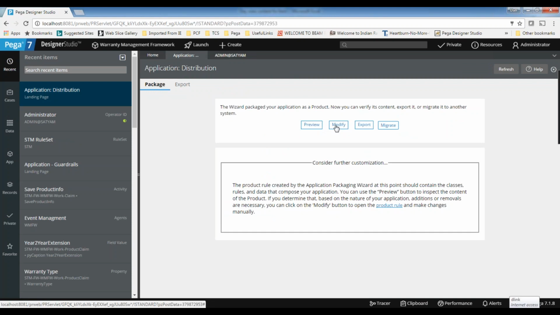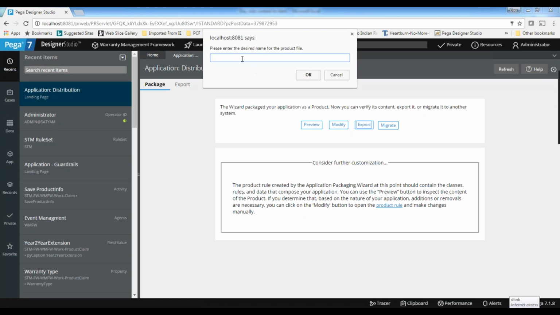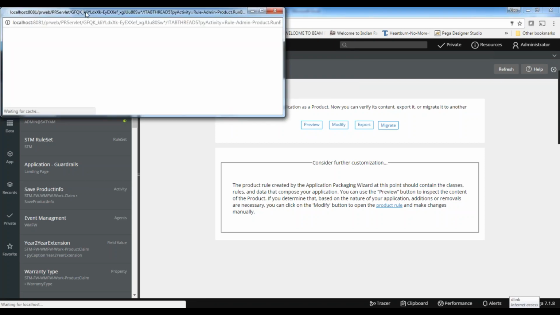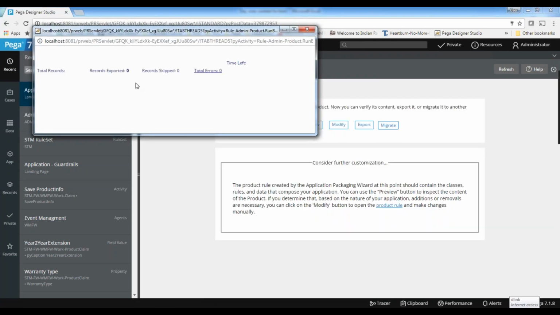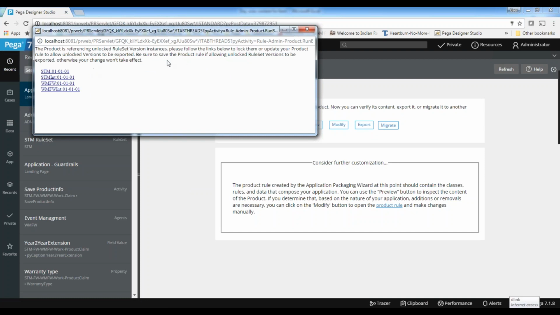Yeah, and then again, if you want to modify it, you can modify it. It will run from the starting. And to export it, you can click on export. I can just give that file name. So my warranty code. You can give either a zip or a jar file. There are only two extensions allowed, zip or jar. So click on OK to generate the code.